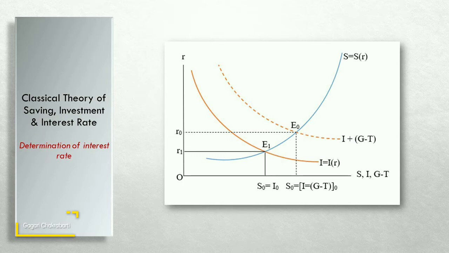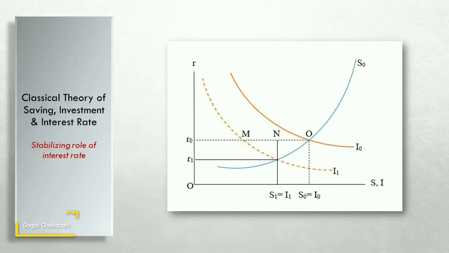Some argue that the condition may be assured if one of the two curves is interest elastic while the other is completely interest inelastic. Later on we shall be showing what happens if the saving and the investment functions are indeed interest inelastic. The level of the equilibrium rate of interest would depend on the slope and relative position of the saving and the investment schedules also. Now, the more thrifty the population is, the lower will be the rate, and the greater the marginal productivity of capital, the higher would be the rate of interest.